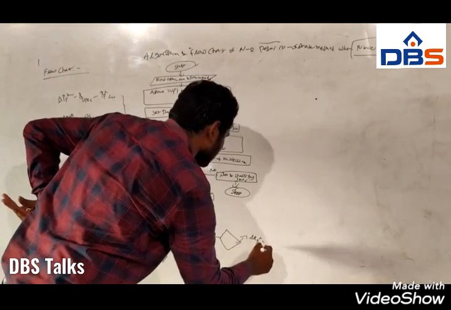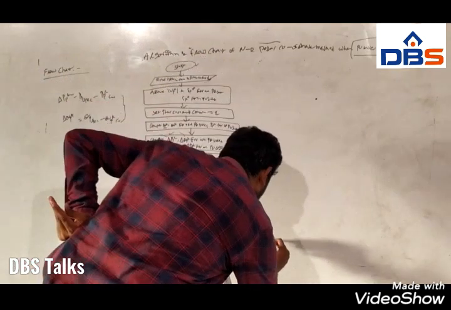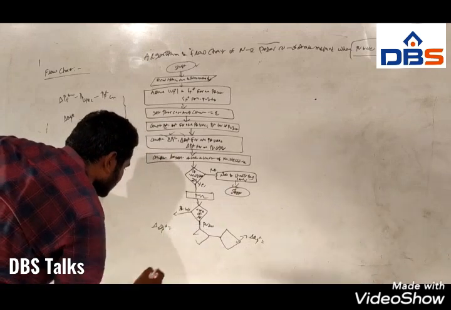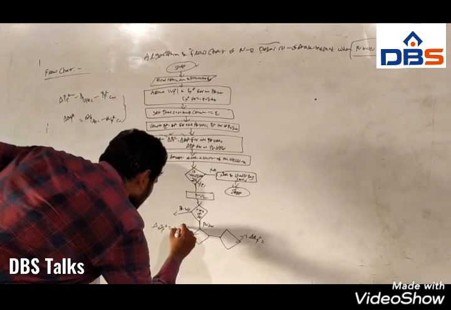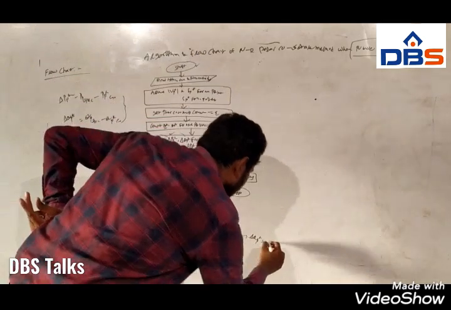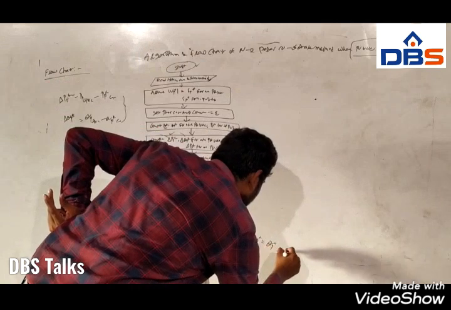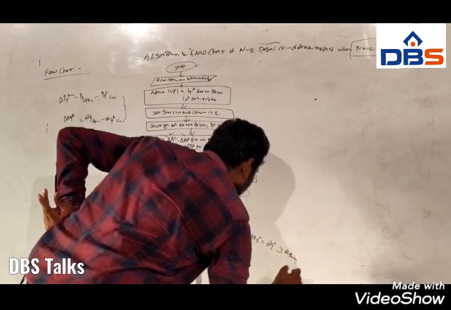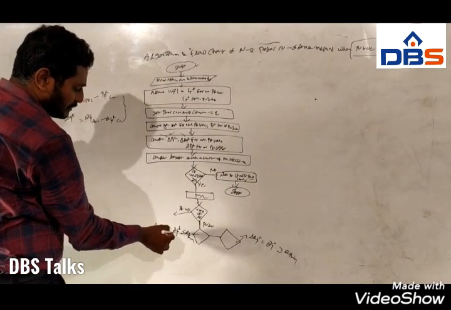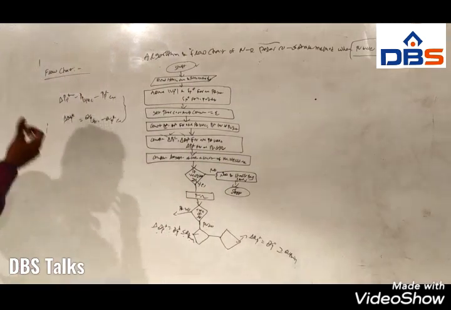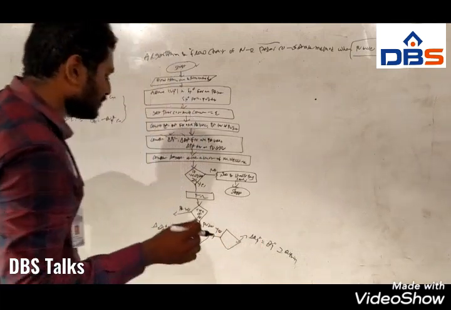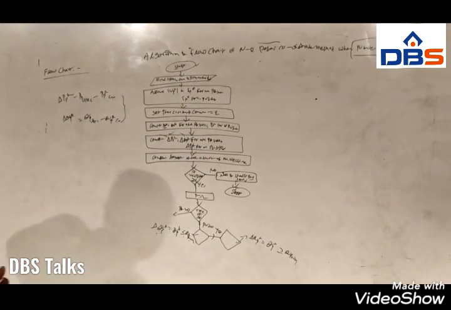and in this case we have to calculate delta Qp power k is equal to Qp power k when Qp power k is less than or equal to Qp maximum, and in this case delta Q power K is equal to Qp power K greater than or equal to Qp minimum. So in this one we have to calculate delta Q power K is equal to Qp power K less than or equal to Qp maximum, and at the same time if it is yes, we have to calculate delta Q power K is equal to Q power K greater than or equal to Qp minimum.